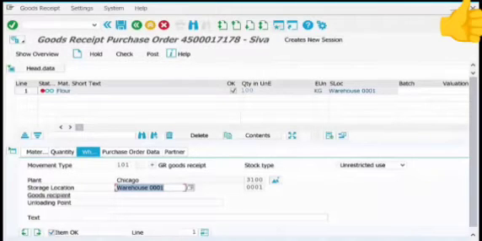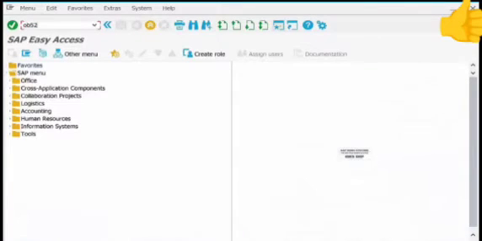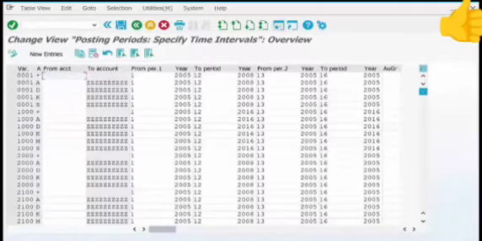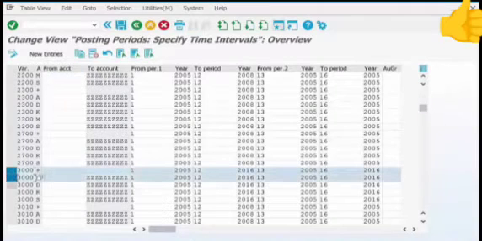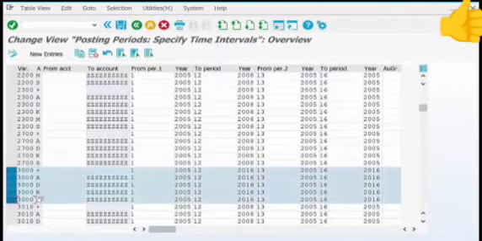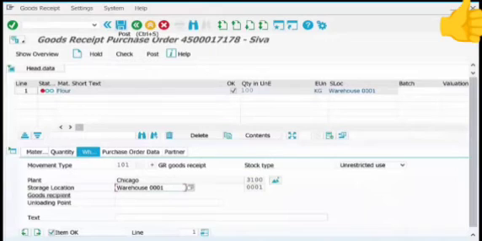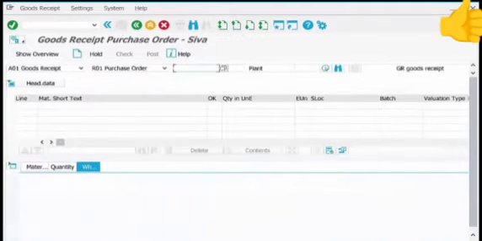So open another tab, go to OB52, scroll down to 3000, and for all these rows I already made the correction, but you see it was 2008 before. Now I have corrected that to 2016. So now you would not get that error, but if you get that error, this is how you fix it. So you go change it and save it. Now you're all good to go. Just save the document, and here you have the material document